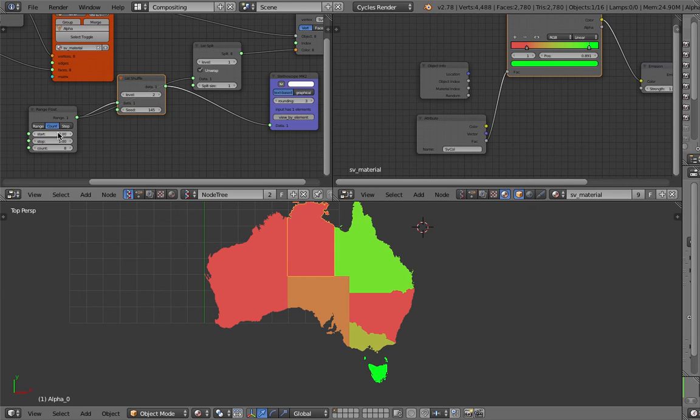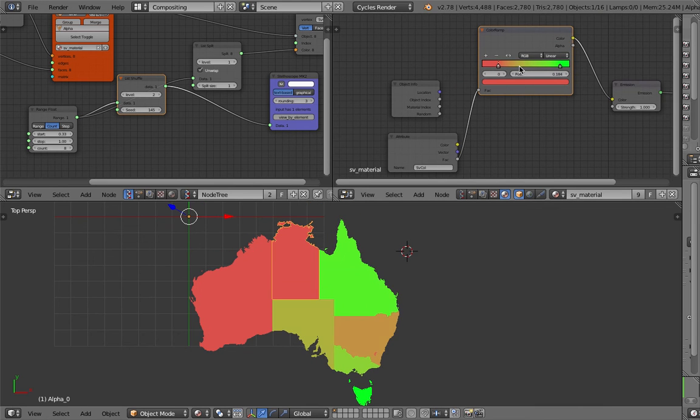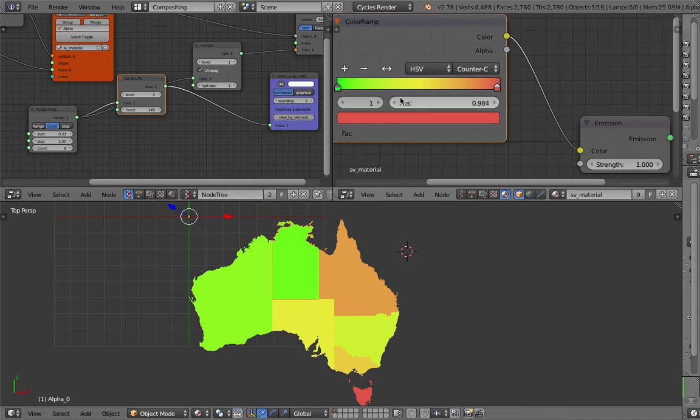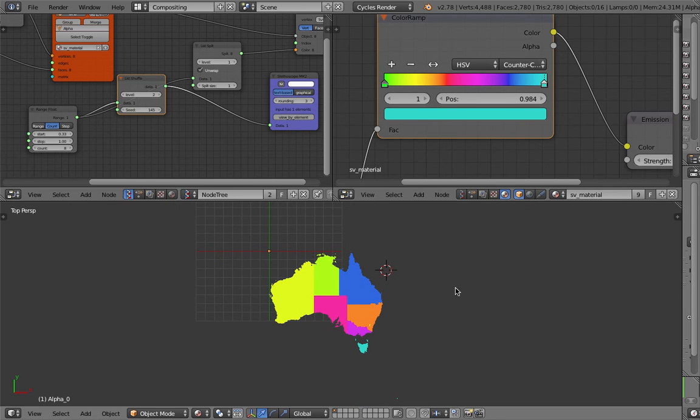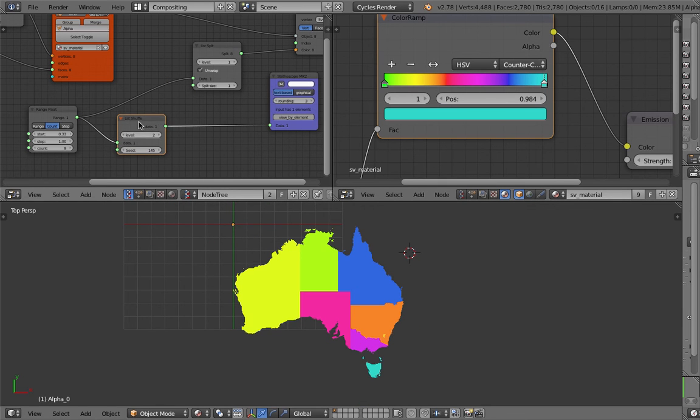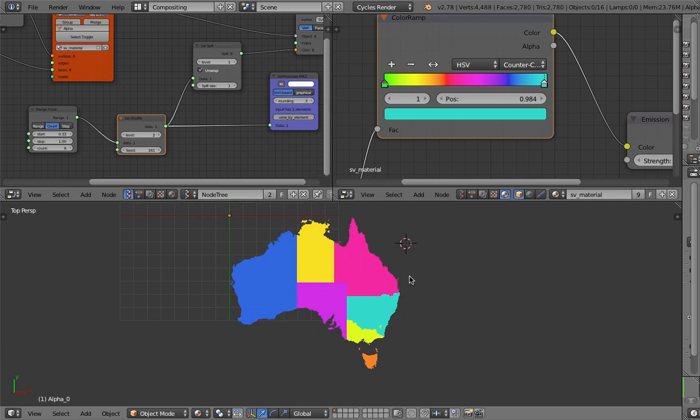See, there isn't much difference between this and this. Maybe because of the color. Okay, I get it. Let's just go back to HSV and give this a funky rainbow color. And I don't mind the list shuffle currently because we don't have any kind of information about